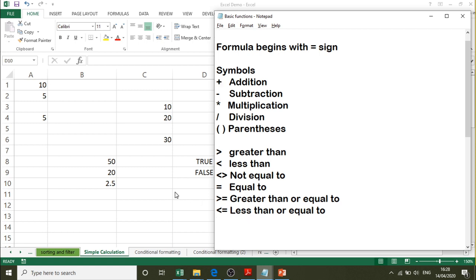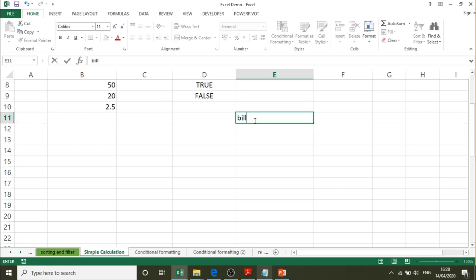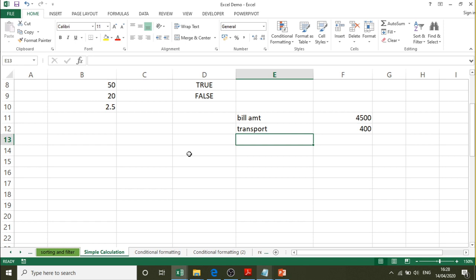Let us try to understand some more functions and how to do the calculations. For example, we are having a bill amount of 4,500. There are some additional transport charges, say for example, 400.